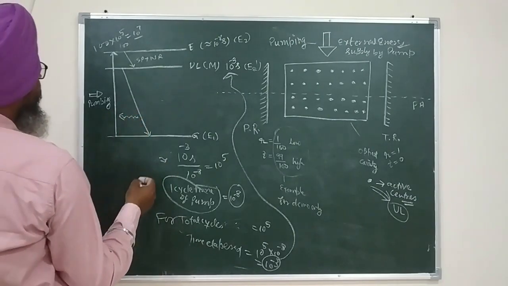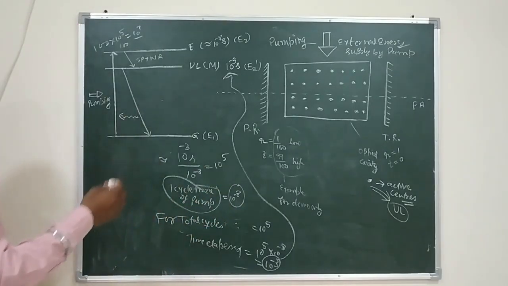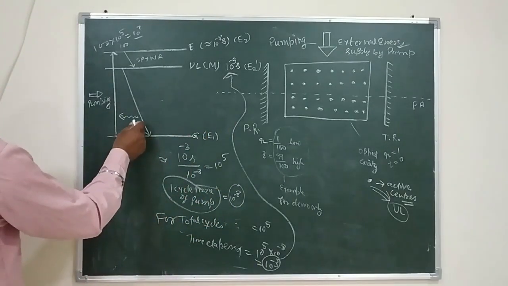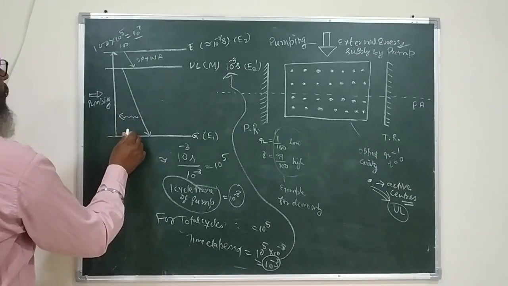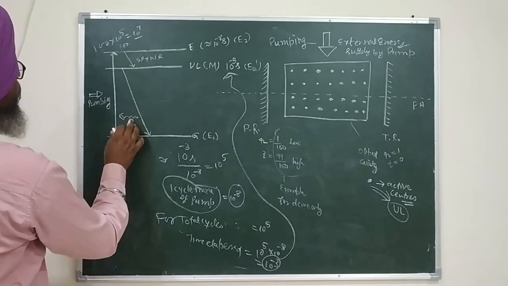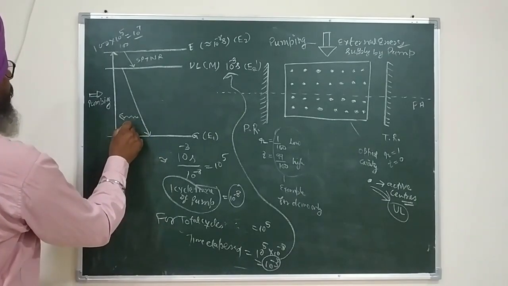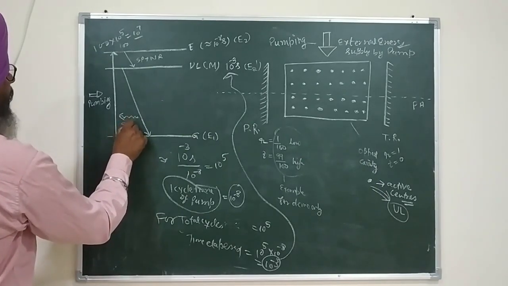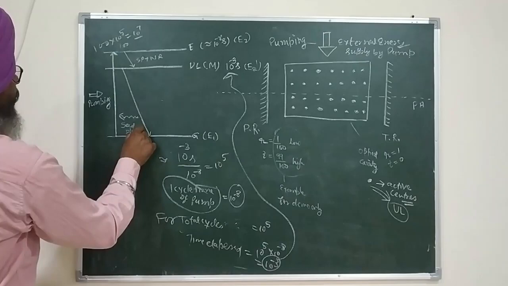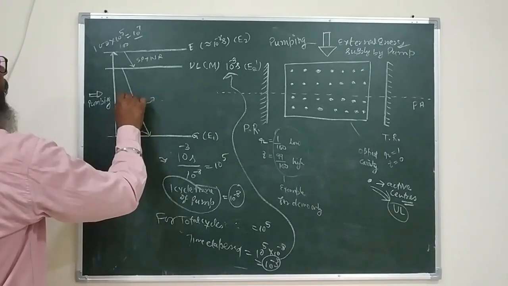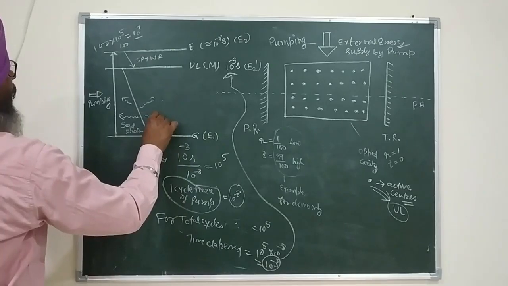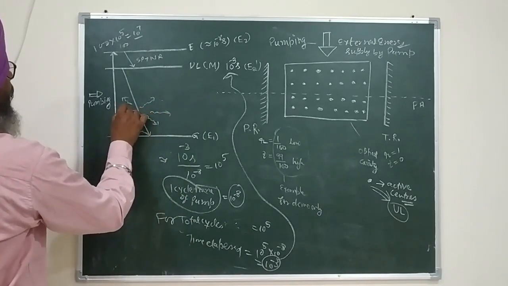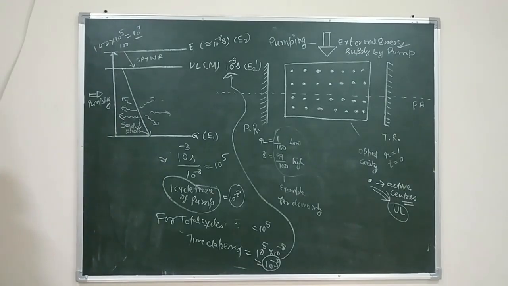I will endorse it with my discussion later on within a few minutes. So let us say this photon is emitted in this direction, and when it is emitted in this direction, since this photon is emitted naturally, such a photon is called a seed photon. So actually there will be 100 atoms, and since all these 100 atoms have de-excited automatically after spending their full time in the level E2 dash or upper lasing level,